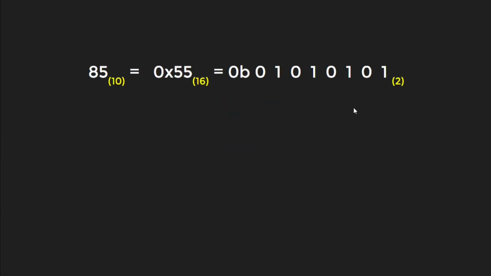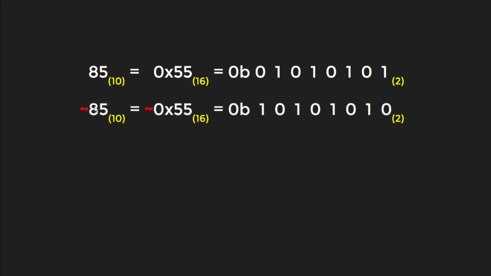Moving forward, this number is 85 base 10, so decimal. This is the 85 that we use in our life, which in hex or base 16 is 0x55, and in binary, 0b is 01010101. And as you can see, the reason I chose 55 hex, or 85, is because of the alternating pattern of 01010101. Anyway, so the NOT of 85 is the NOT of 0x55,